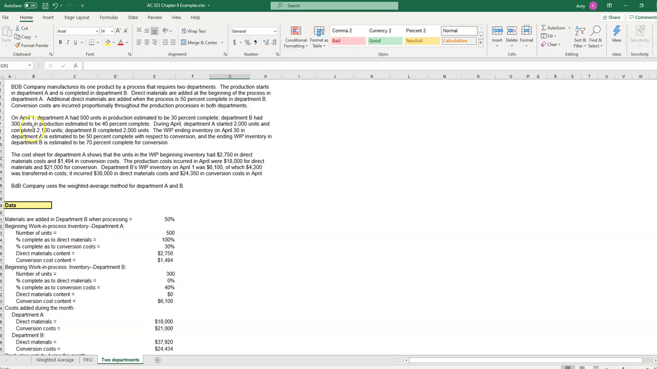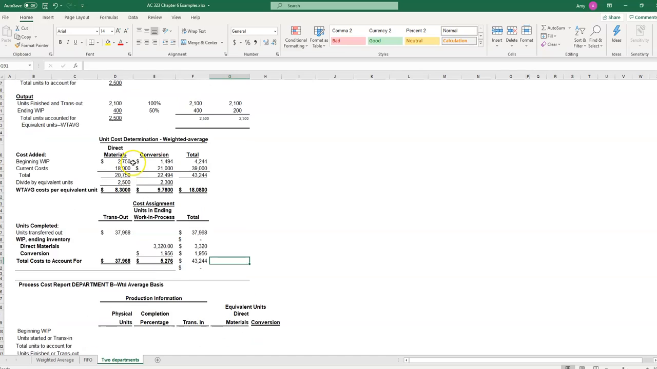So for B, we had 300 work in process that were 40% complete. We completed 2,000, and then our ending work in process is 70% complete. We also need to know that direct materials are added when the process is 50% complete in Department B, which means that until conversion is 50% complete, we haven't added any direct materials. So we start with these 300 units in B